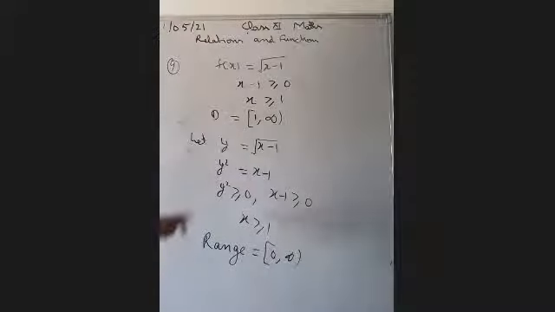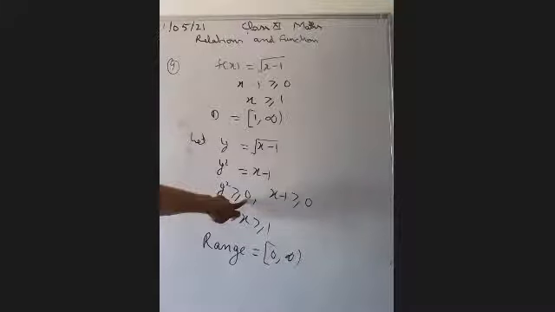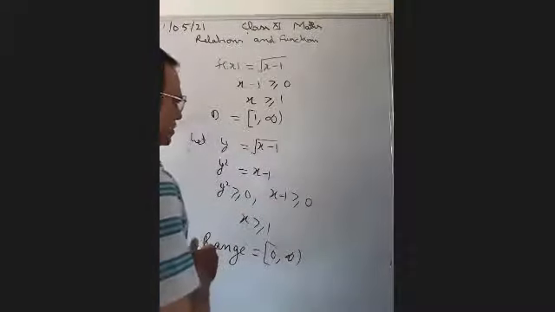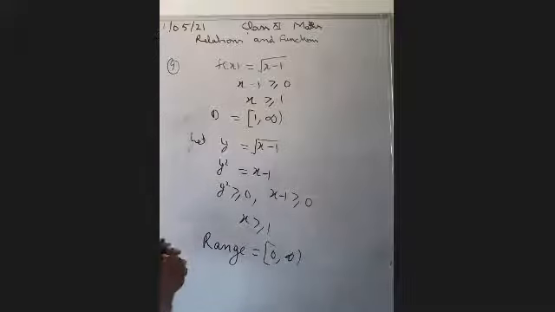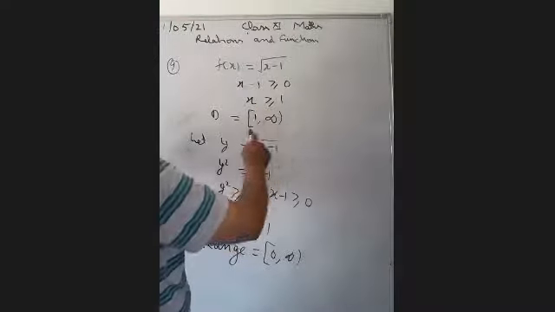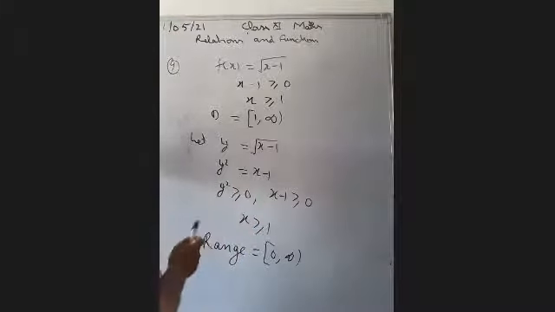Okay, but in this case we have taken y equal to root x minus 1. Y square is greater than x minus 1, y square is greater than 0. Okay, it is better you just find, because we have to find out the value of... by taking this, we are not getting the correct answer. It is better you just put the value according to the domain. Okay, so we have to convert x is equal to y square minus 1.